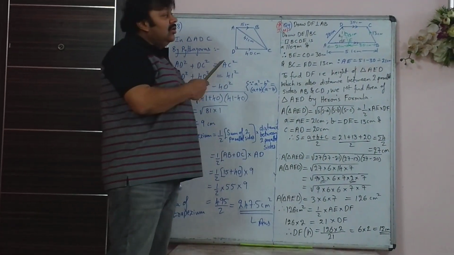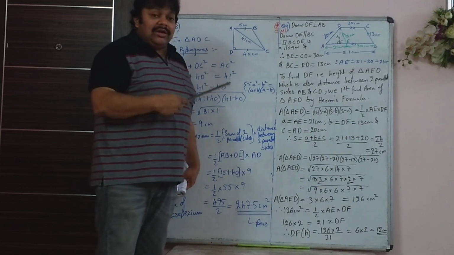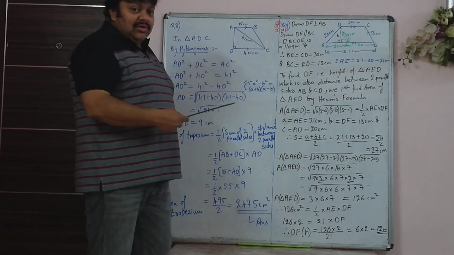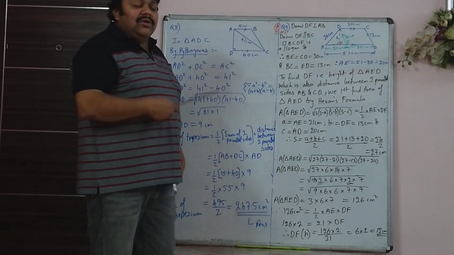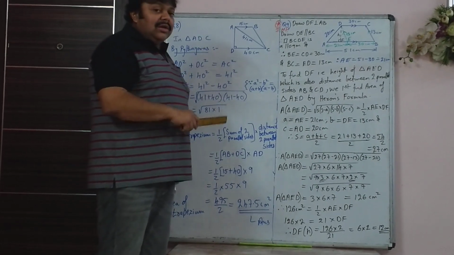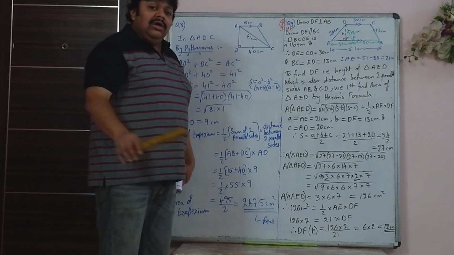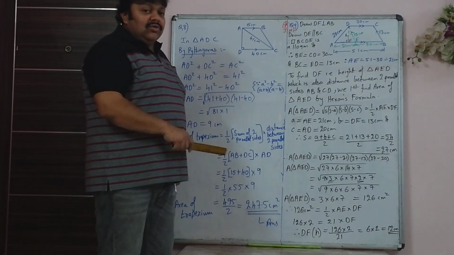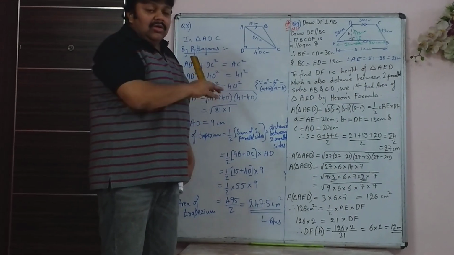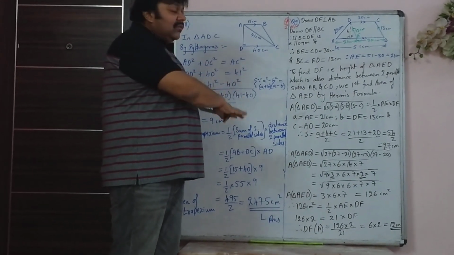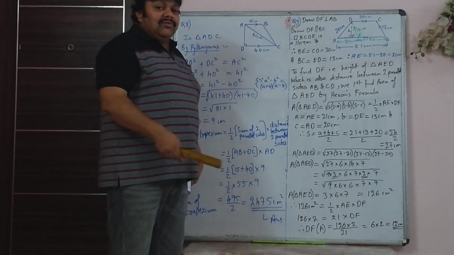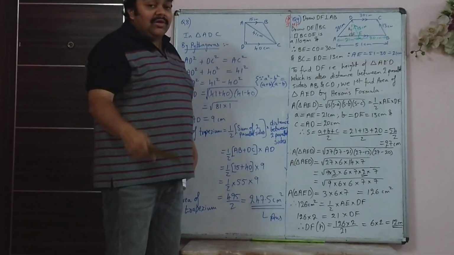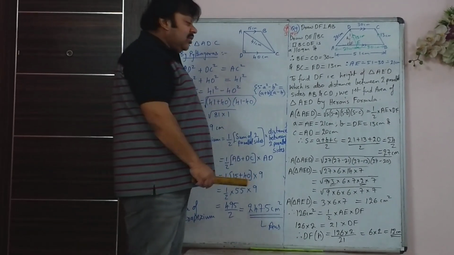When you do the sums, don't just read the sum, actually try and solve it once without looking. After writing all this down in your notebook, try the same classwork sums once without looking. If you don't do that, in your test you will say that you got a blackout or washout and all that. That is basically you don't remember. So for remembering, you have to do that. First, write everything in your notebook, copy it down, understand the sum, listen to the video, do all that, and then after a couple of days, you have to try to solve the sums, at least the ones marked important and some of them which you feel tough, again without looking. That is when you remember.